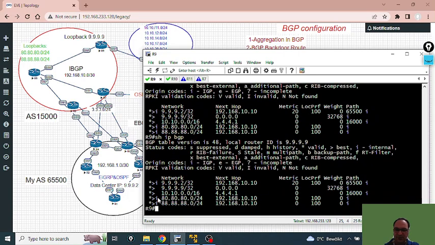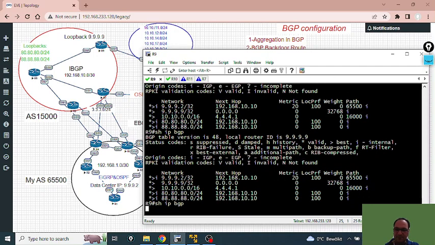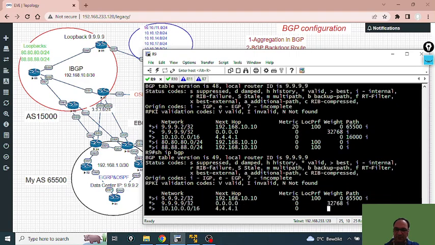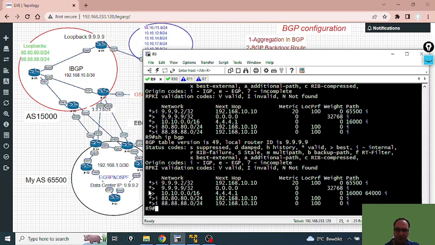It's not updated. Okay, now it's updated. You can see now it shows that the summary routes come from 16,000 and